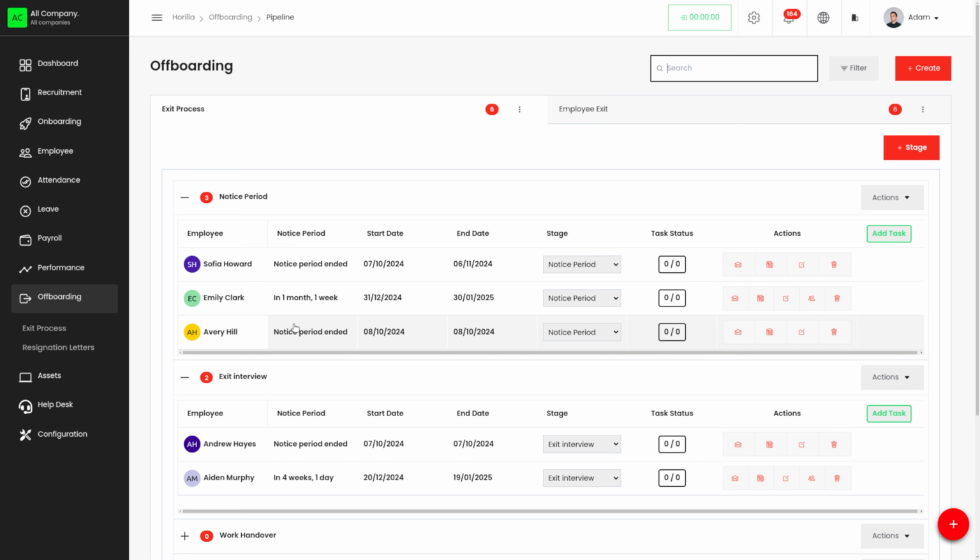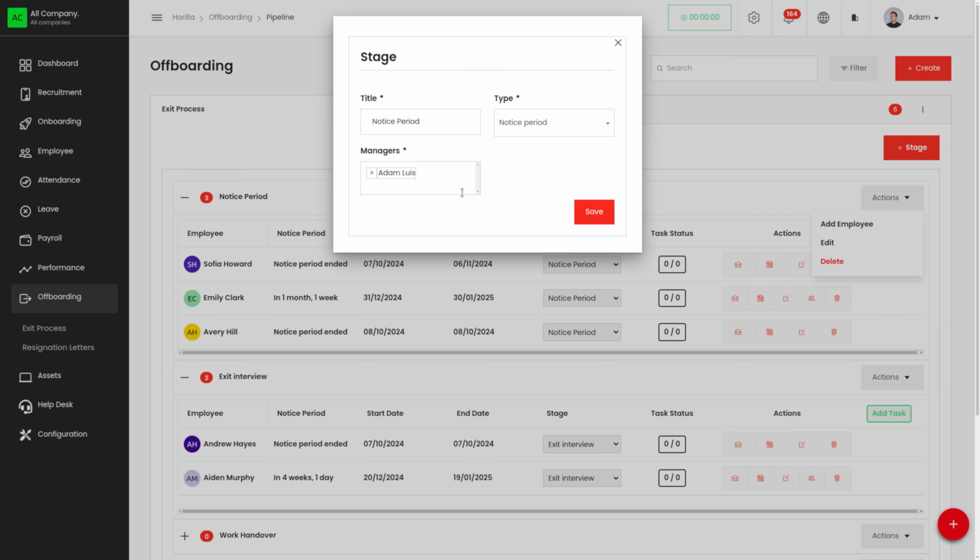Similarly, we'll be able to set different employees as the stage managers. Here we have different stages for this offboarding process, that is notice period, exit interview, work handover. From here, we can click on actions and edit, and we'll be able to set managers for different stages as well, so that managers will be able to manage the employees who are in that offboarding stage.